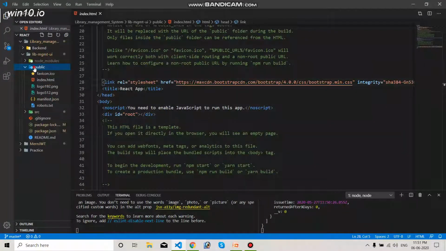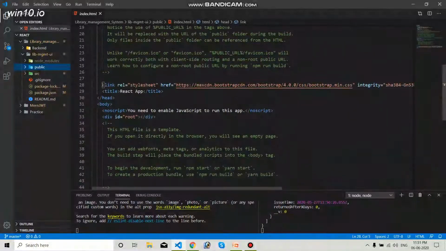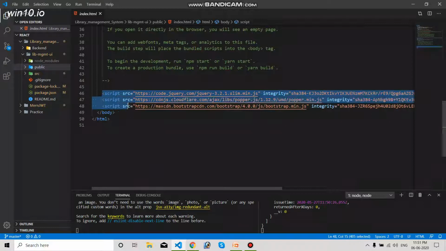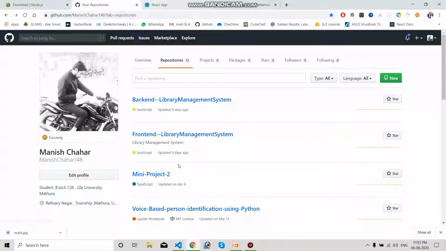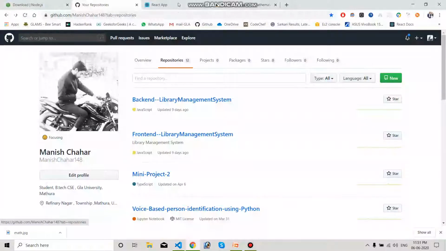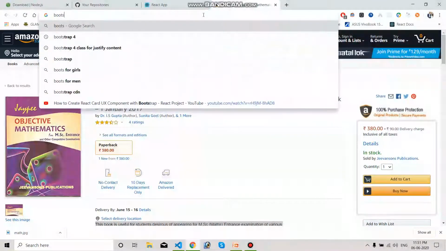Inside this public folder, you have to include Bootstrap. This link tag that you can see here is the Bootstrap link, and these are the scripts that Bootstrap needs to work correctly. If you are creating a new project, go to Chrome and search for Bootstrap 4.